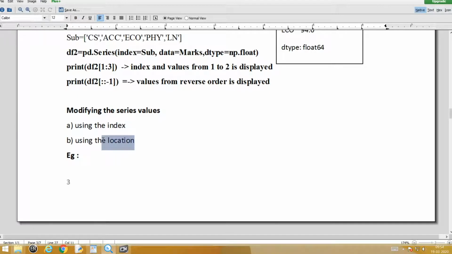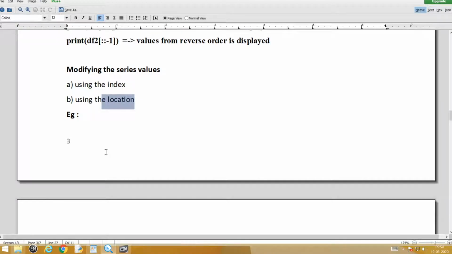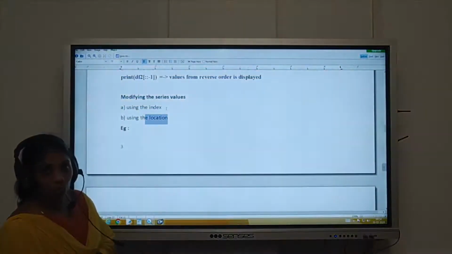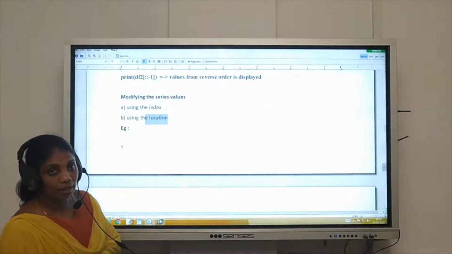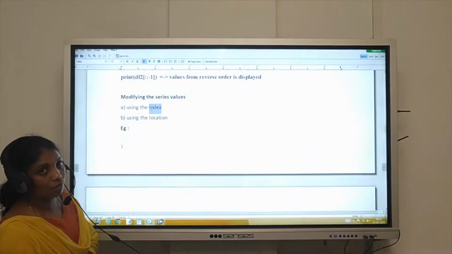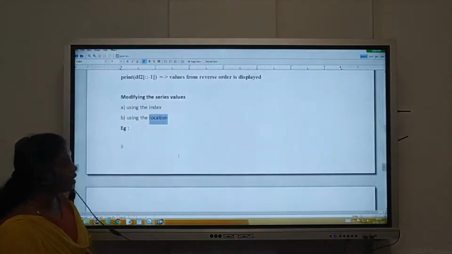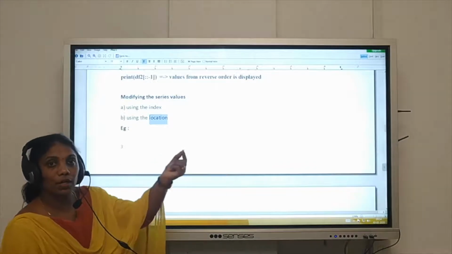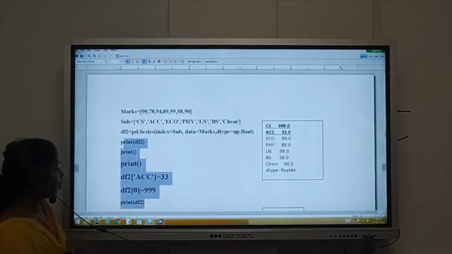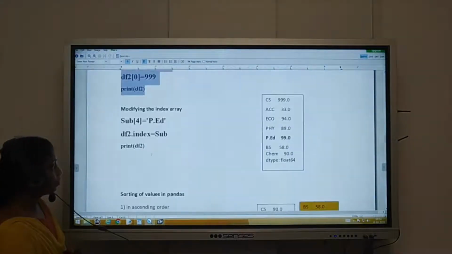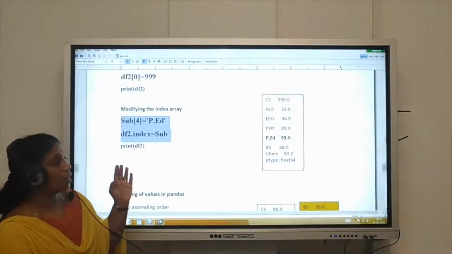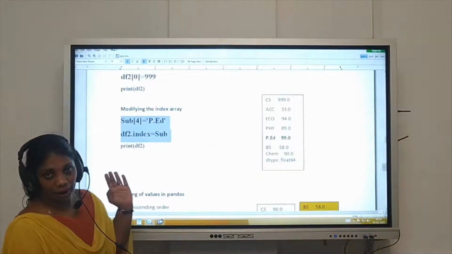I hope you don't have any doubt regarding this. If at all, as I said earlier, you can check it out with your Python coding. That means you try out these things in Python and let me know whether any doubt is there. Index is the index corresponding data type which we use, and location is the location 0 to that number of sizes inside your series. That we have learned properly and we understood this much. We also learned the index itself can be changed. All these were repeated once again just to make sure that you are on track.